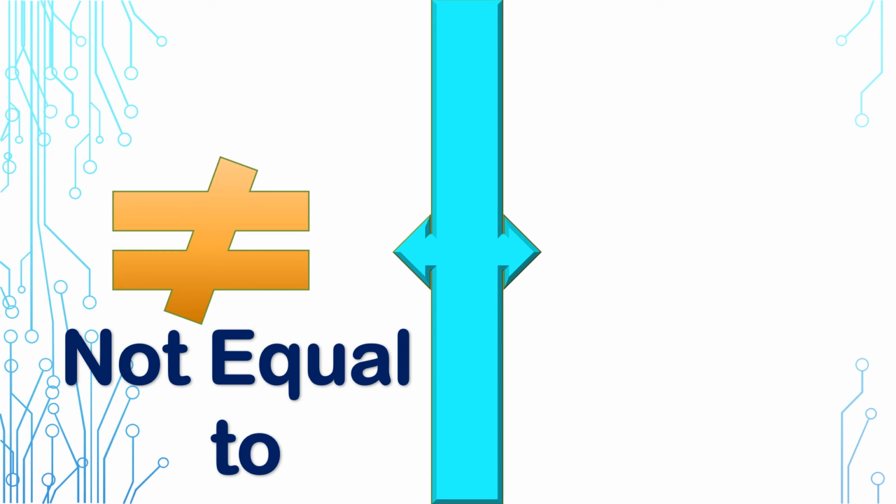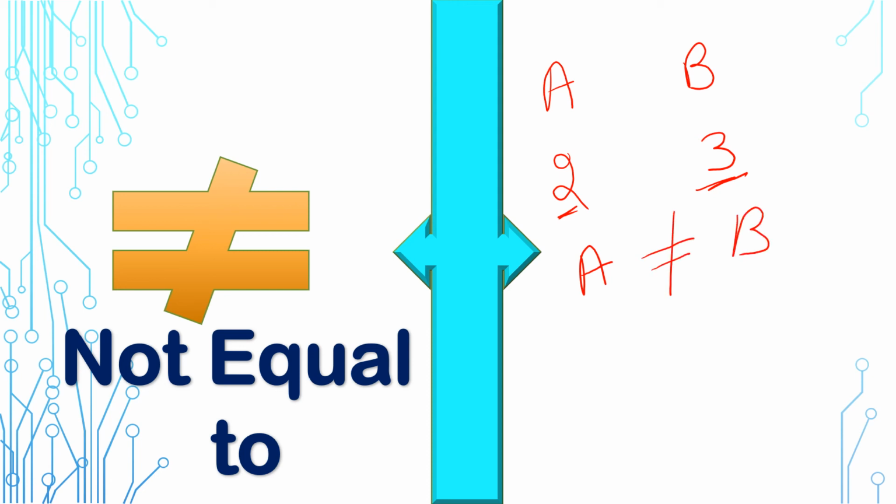Like, the value of a is 2 and the value of b is 3, so they are not equal. So you can say a is not equals to b. Okay, because the value of a and the value of b are not equals. So we are basically in equals to and not equals to, we have to compare the value of two variables. If they are equal, so then you will say both the variables are equal.